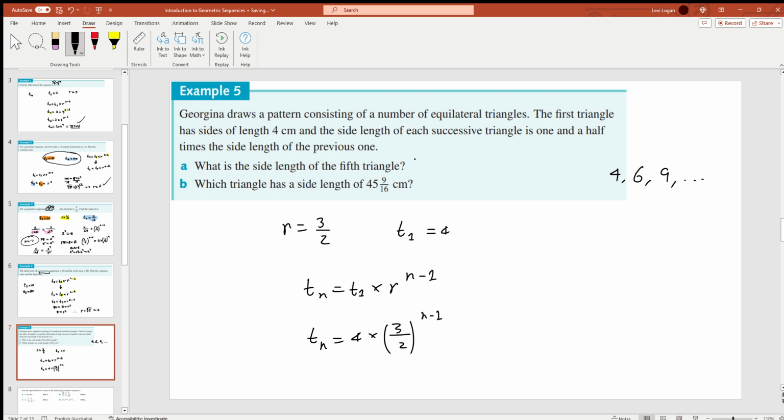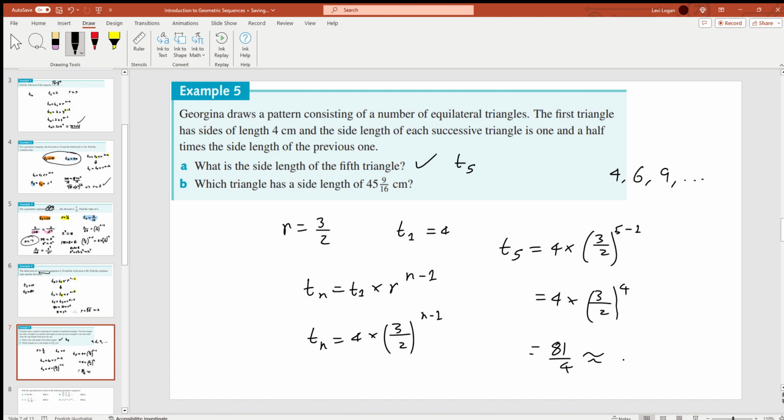They wanted the fifth triangle, so that's T of 5. T of 5 equals 4 times 3 on 2 to the power of 5 minus 1, so 4 times 3 on 2 all to the power of 4. Put that in your calculator and that gives you 81 on 4, which is approximately 20.25